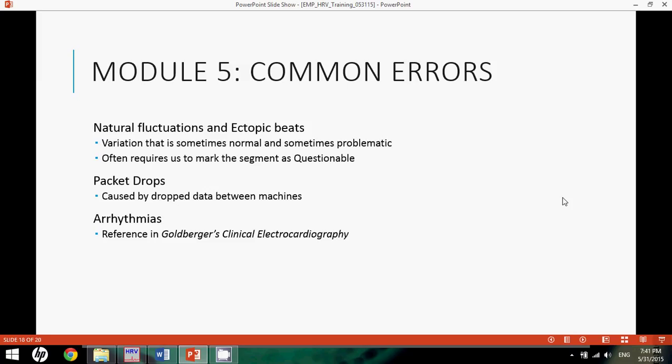In other words, they'll be coded as yellow stars within the Mindware software. These are not always problematic, but in a lot of cases they are. We'll cover when those segments are questionable, when they're easy to interpret, and then we'll go on to cover other